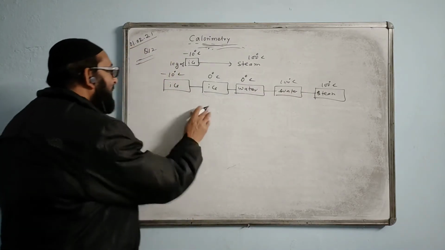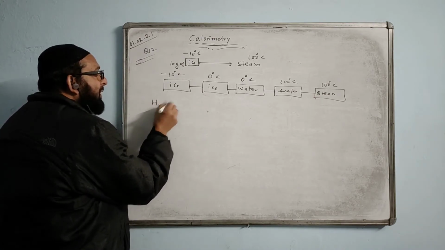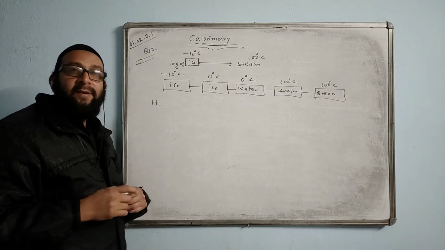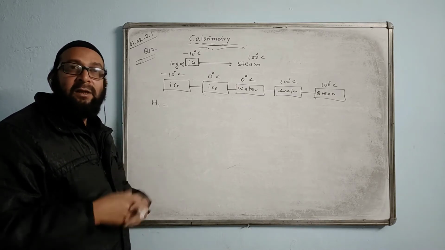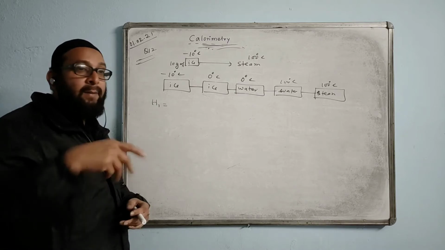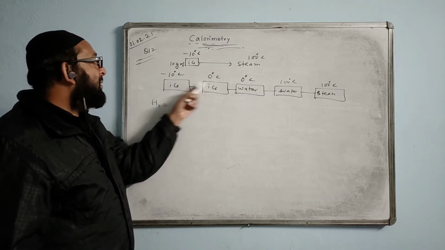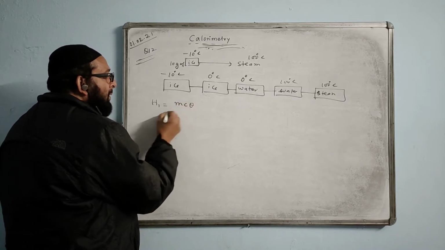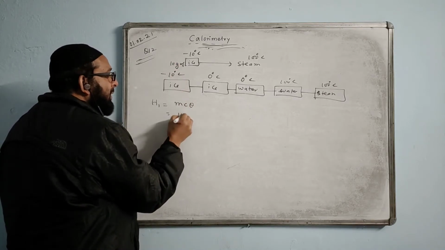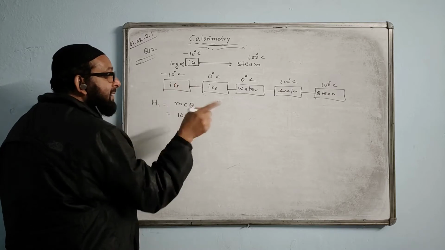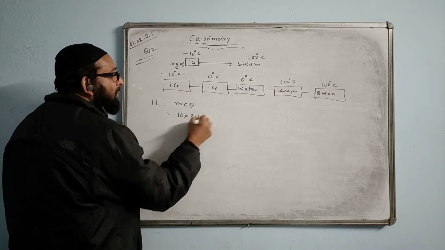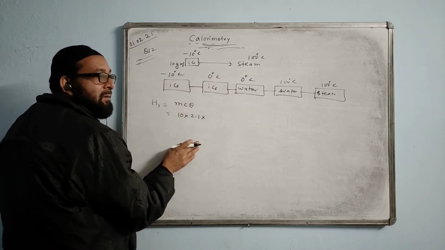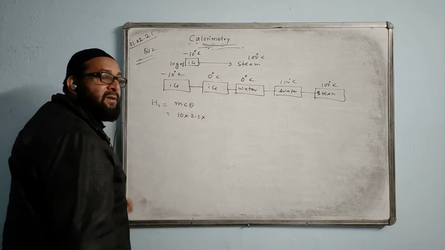Okay, now we will add quantity of heat needed, H1. Heat for the first part. What formula do you write? When there is a rise of temperature, MC theta; when there is a change of state, you write ML. Here there is a change of temperature, so MC theta. Mass of the ice given 10 grams. SHC of the ice given in the question 2.1. Theta is the temperature difference between these two. What is the temperature difference? Minus 10 and 0. How much is the temperature difference?